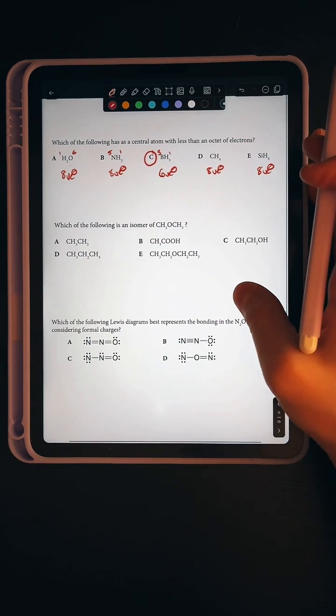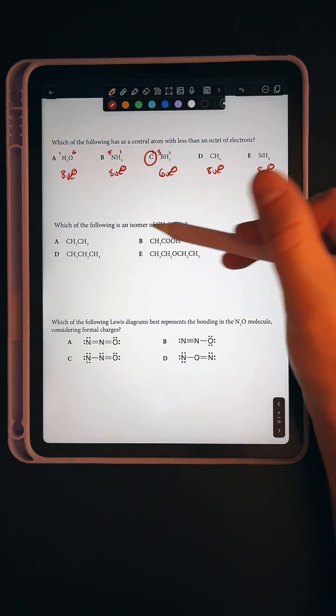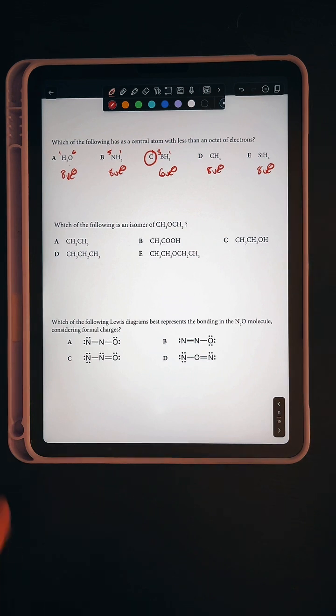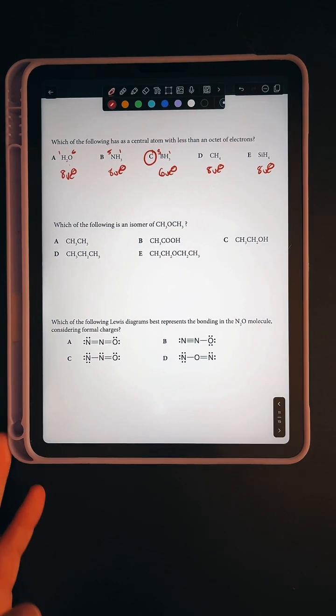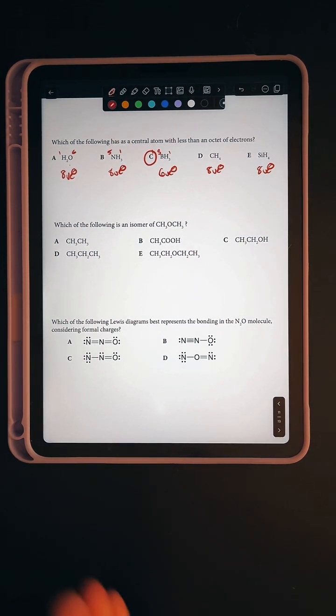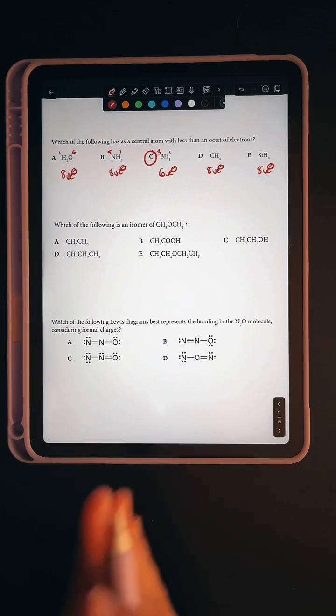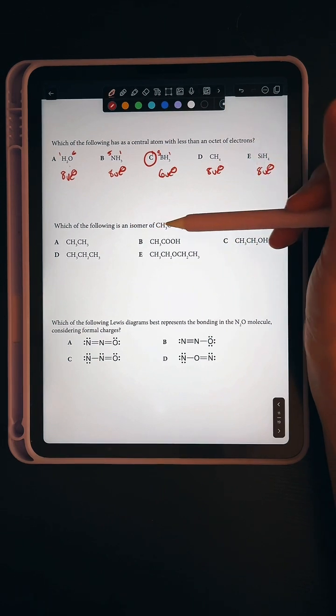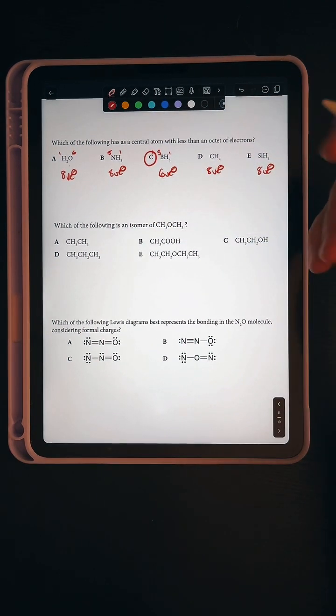Number 11. Which of the following is an isomer of this molecule? I will draw structures for other ones. Just trying to do as many as possible. So which of the following is an isomer of this molecule? Now, isomer